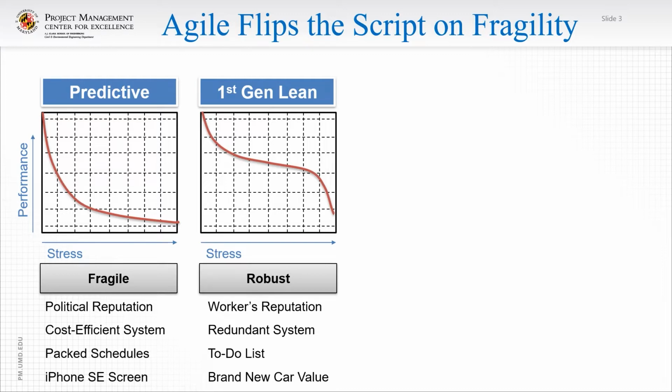And then if you look at a car, it actually follows this kind of performance in terms of its value. At the very beginning, once you drive it off the lot, it's basically lost a big chunk of its value, and then it's going to continue to decrease a little bit over time, but it's going to hold its value for a while, and then eventually the wheels will fall off, the transmission will need to be replaced, etc. That's kind of what happens at the end. So this is our normal curve for first generation lean.